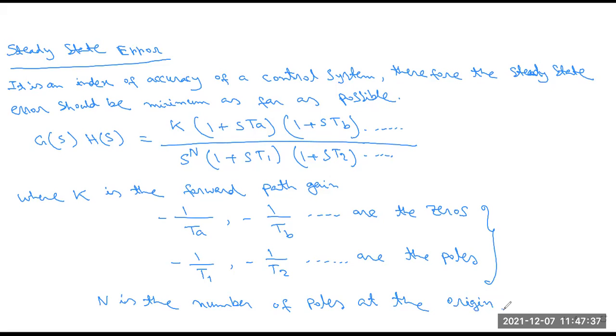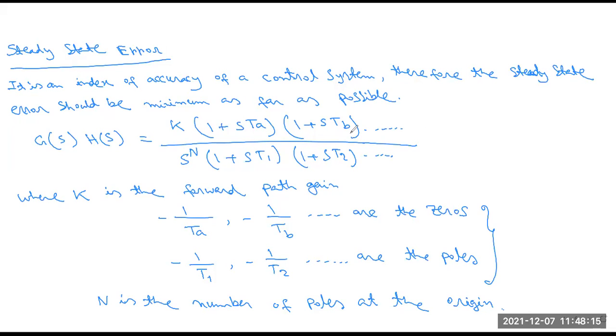This is clear, all of you, up to this part? So I just recall them. So this is steady state error. What is steady state error? It is an index of accuracy of any control system. That means whether we use a first order, second order or any higher order control system, you have to follow the error as an index of accuracy. That means the error should decrease. This is basically the steady state error.